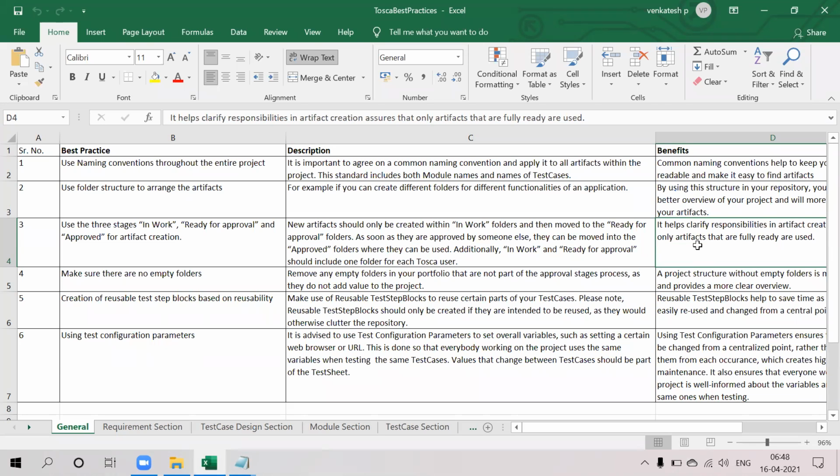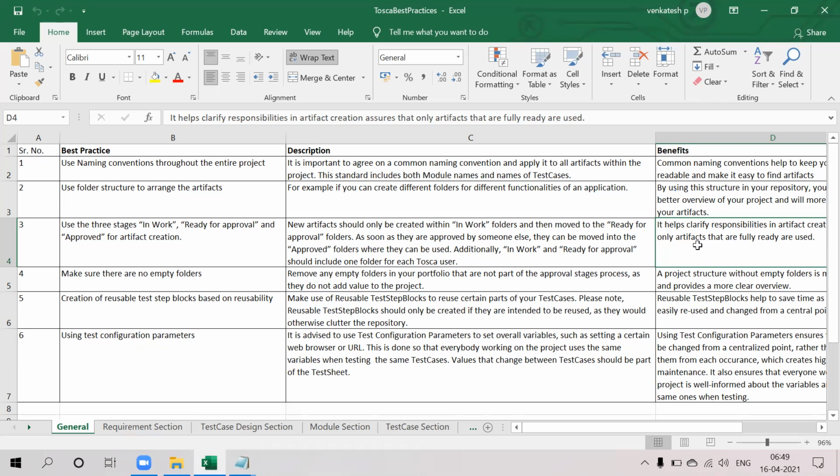This is the process most companies follow: in work, ready for approval and approved. In between, don't create any empty folders in the folder structure. Make sure there are no empty folders created. And in that, the creation of reusable test blocks and reusability.